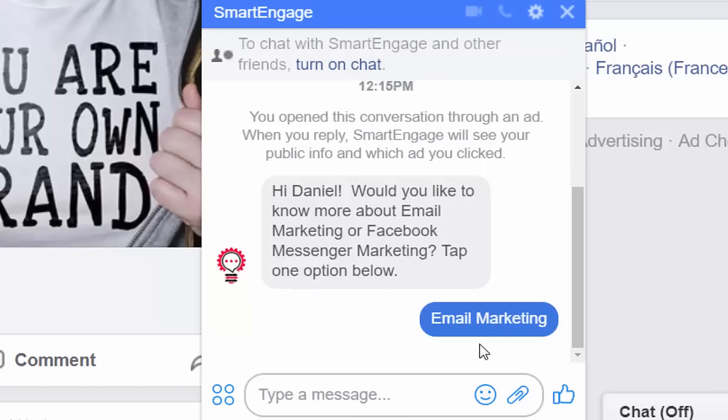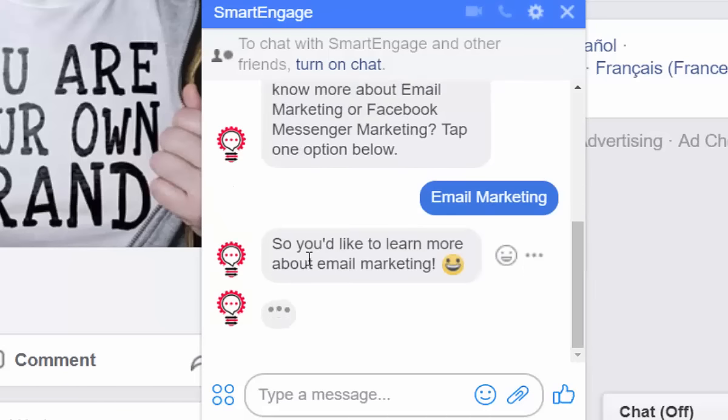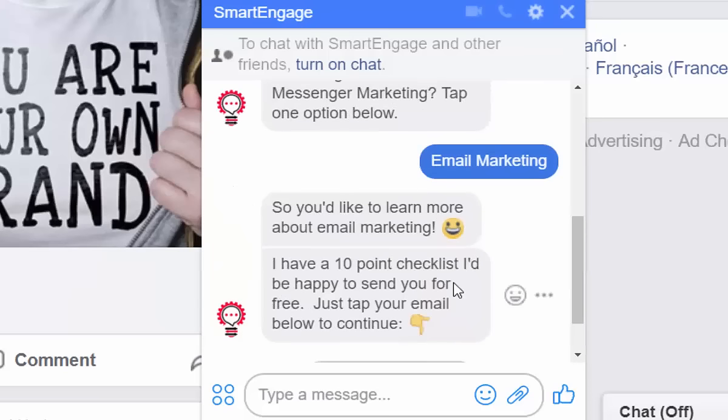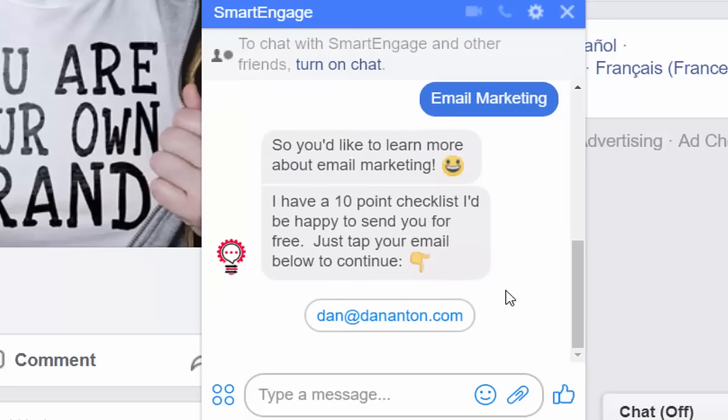And this is where SmartEngage takes over. It receives the response, and it says, so you'd like to learn more about email marketing, smiley face. I have a 10-point checklist I'd be happy to send you for free. Just tap your email below to continue. And you see that it automatically displays my email. This is based on the user's registered email to Facebook, which 99% of the time is their primary and best email. So in this case, they would tap this,